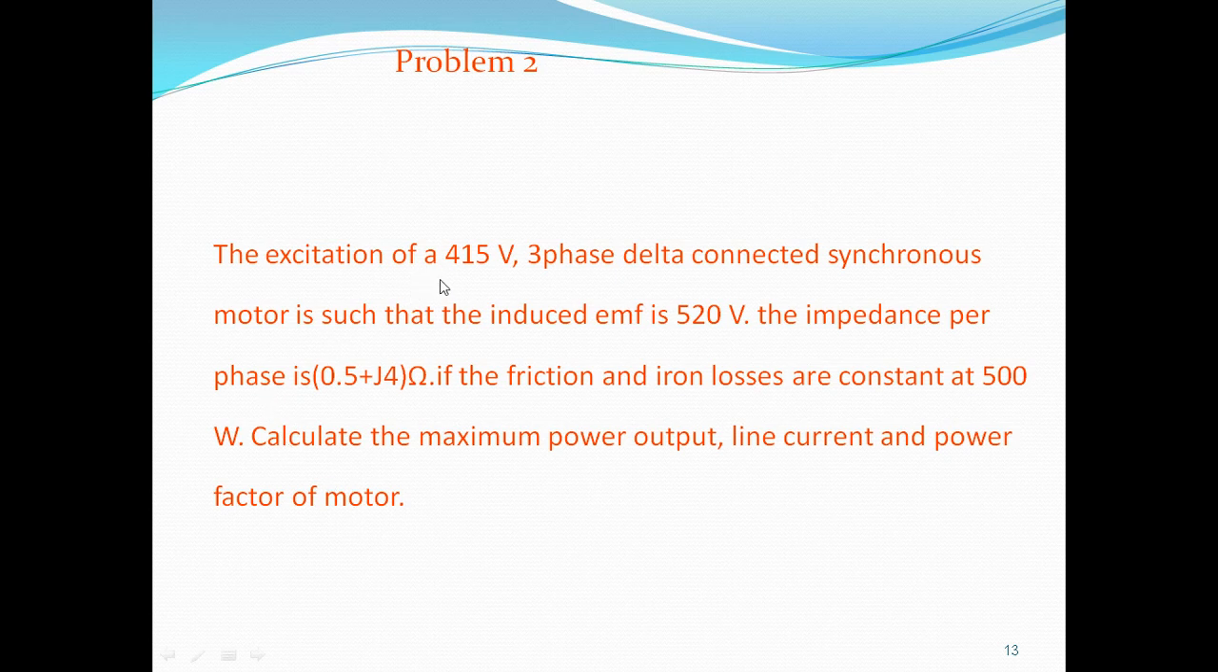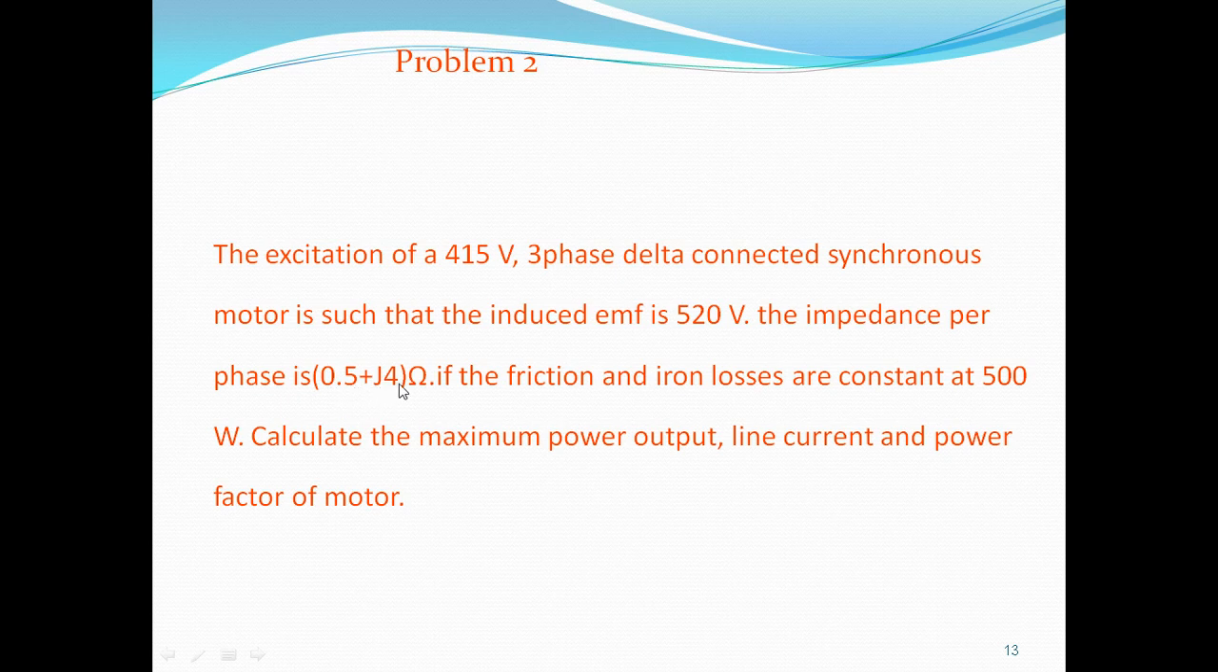But if you see here, the supply voltage is 415 volts and induced EMF is 520 volts. So induced EMF EB is greater than supply voltage V. So it is leading power factor, and given a delta connected synchronous motor and the impedance per phase as